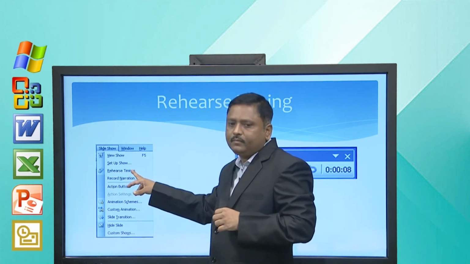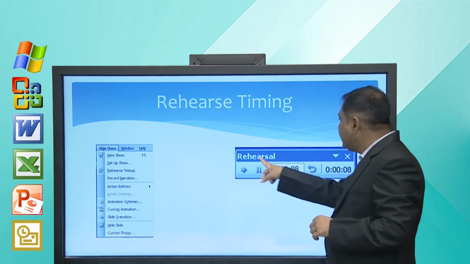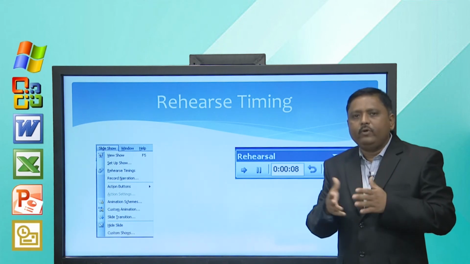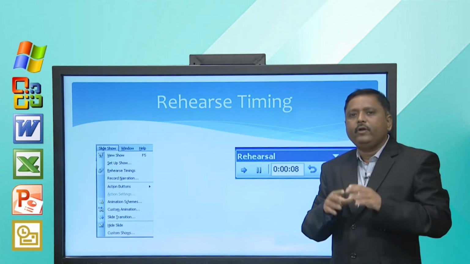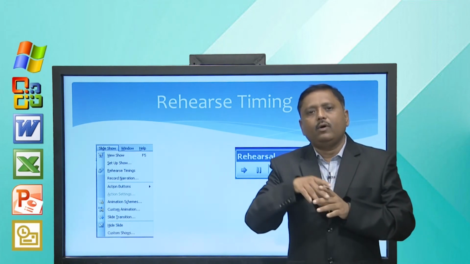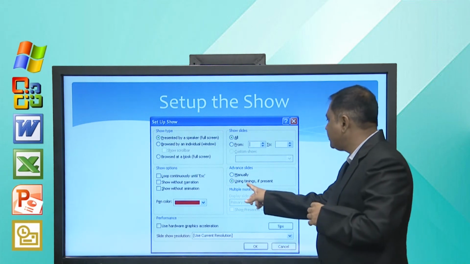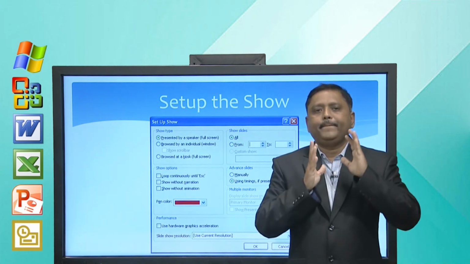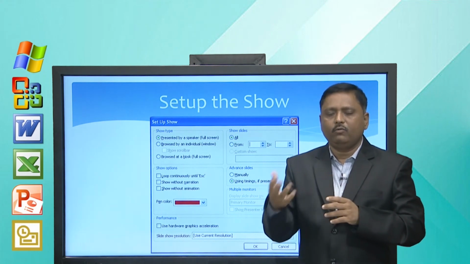So, here we have the rehearse timing option available, and when you click on that, this kind of toolbar will appear on screen, and whatever time you have spent on a particular slide is recorded and displayed on this, and whenever you finish your slideshow, the time spent on each and every slide is recorded, and when you again present that slideshow, and if you select the option using timings if present, then it will automatically play those slides without the presenter, but with his voice or her voice, right.